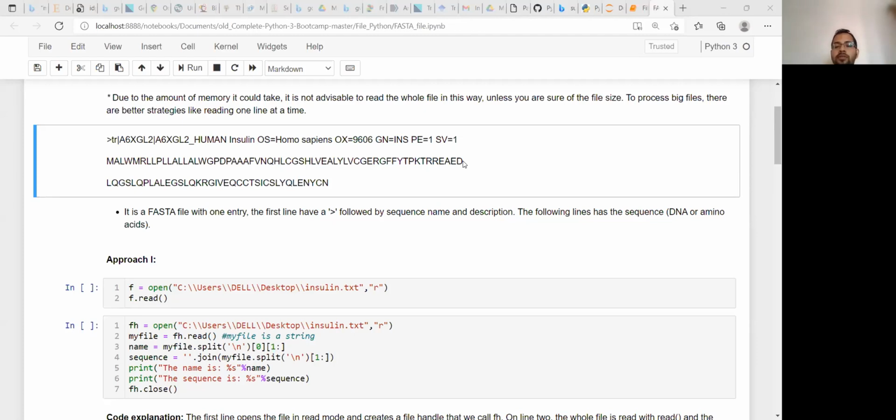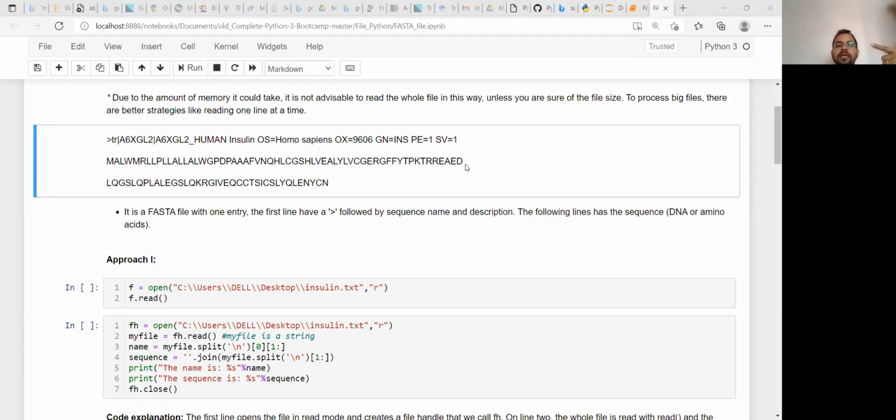If the protein is long enough, suppose 1000 amino acids long, the sequence cannot be presented in a single line, and that's why it is chopped. Sometimes 60 or 80 amino acids are taken at a stretch, and that's why you will see multiple lines in a single FASTA entry for a single protein.